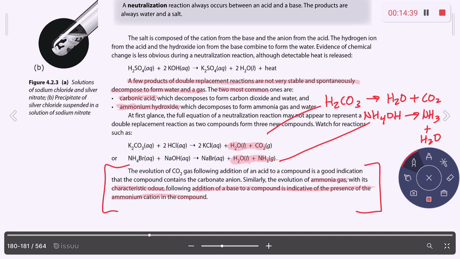Note this. If carbon dioxide gas is produced after you add an acid, like here, this is an acid. Here's your carbon dioxide gas. So that means that is evidence that the carbonate anion is present. And then for the other